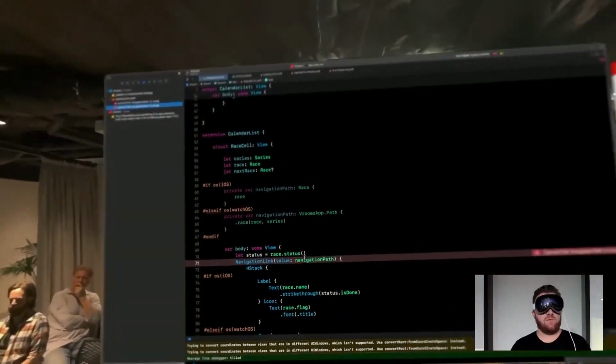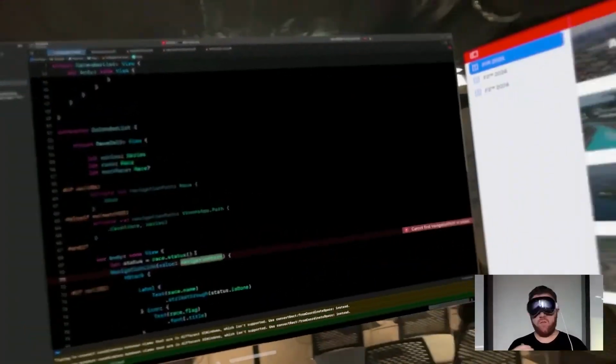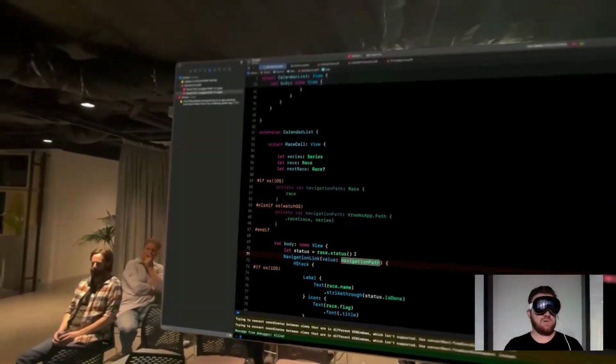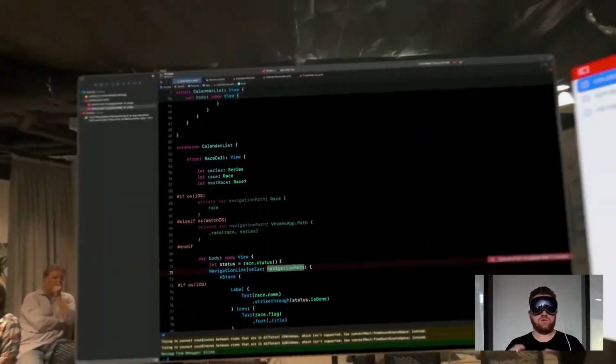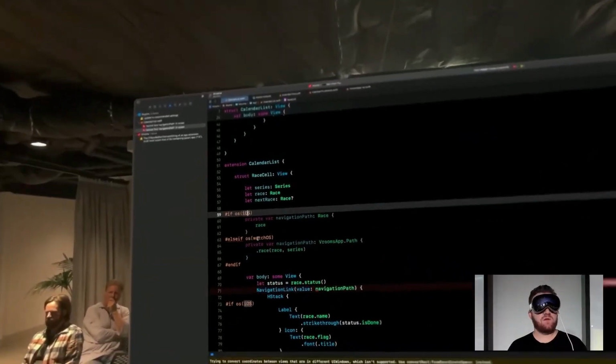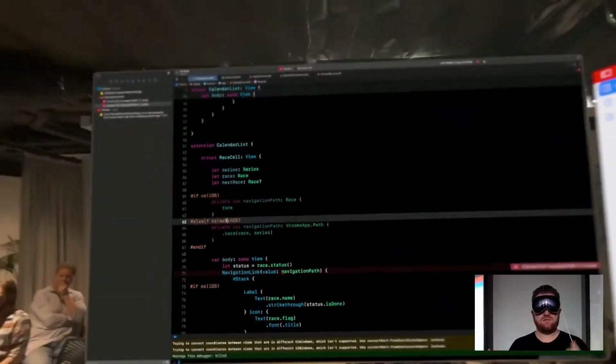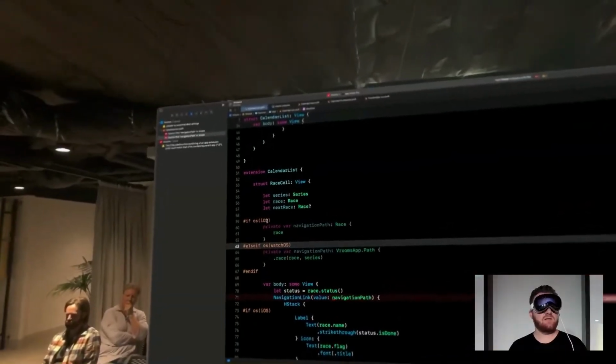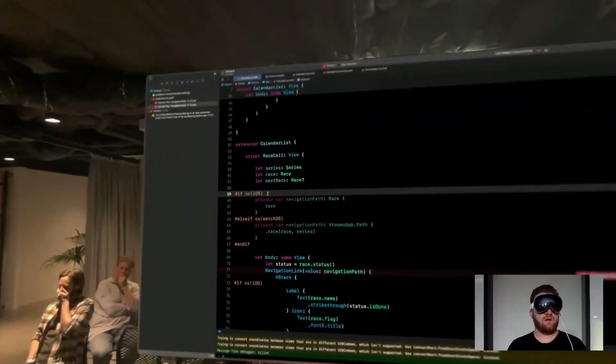I could always just make the window bigger too, but then I have to move my head more. So yeah, we're missing a navigation path, and this is probably what, when you port your app to visionOS, is going to be deciding what you want your visionOS experience to be. I've got two options here because the watchOS one is a lot flatter structure. It has a separate navigation path, but I want to more closely follow the